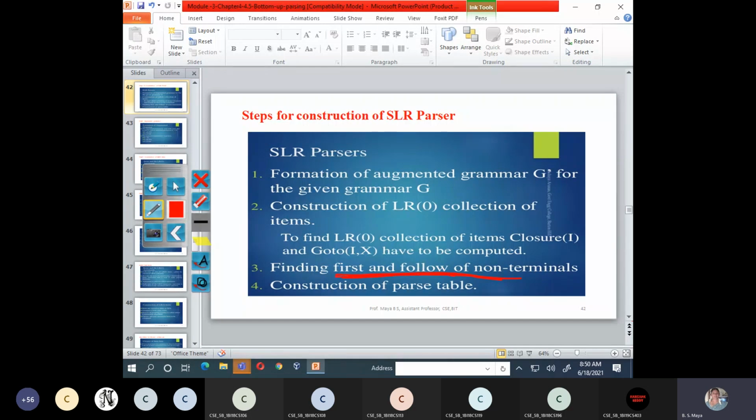After first and follow, you have to construct the parsing table. We have an algorithm, and using the algorithm I construct the parsing table. Once the parsing table is done, let me move on to the next step.